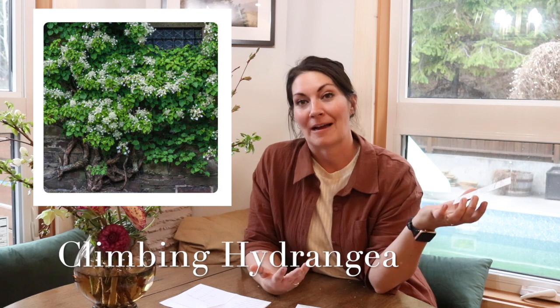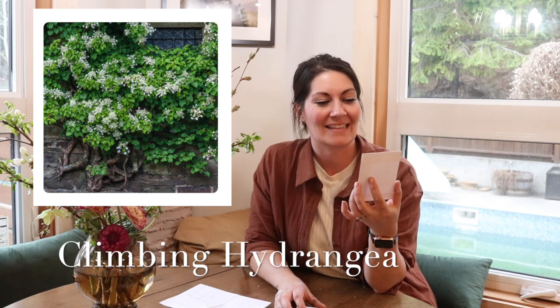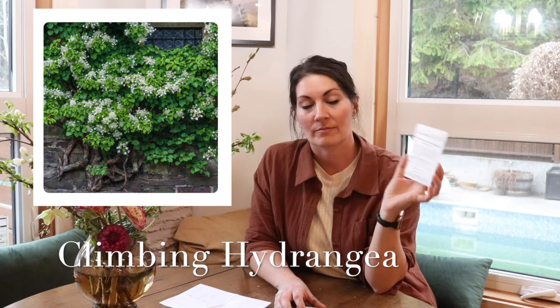So the first one I have is Climbing Hydrangea, which is a flowering vine, if you know what that is. And this is zones 4 through 7, and a perennial, obviously. So it says, unlike twining vines, climbing hydrangea is safe to climb on trees. It won't wreck the trees. Aerial roots secrete a sticky substance that adheres to whatever it climbs on. There's no danger of trees getting strangled by tendrils. As a vine, climbing hydrangea can reach 40 feet, and as a sprawling ground cover, it can cover about 200